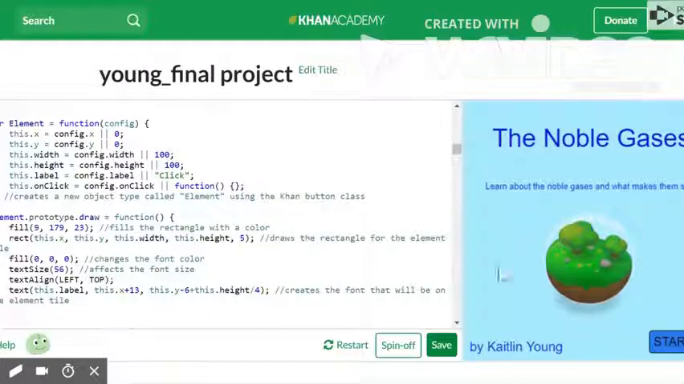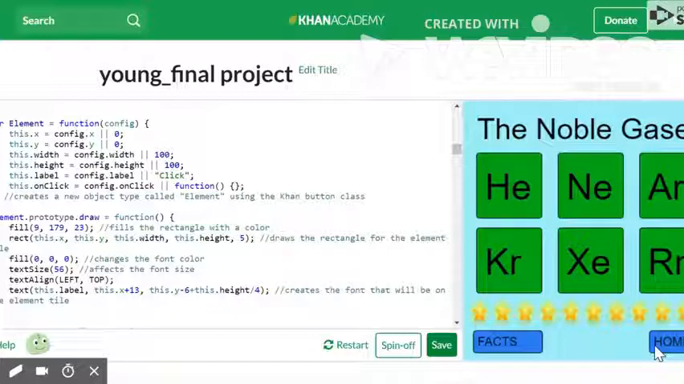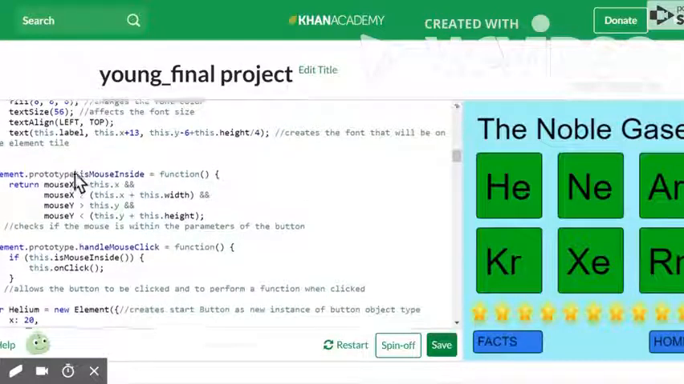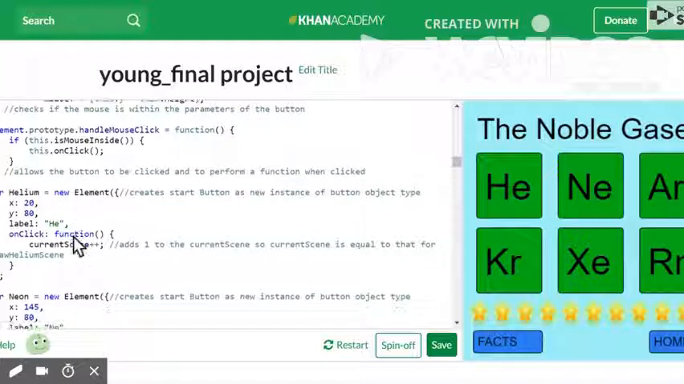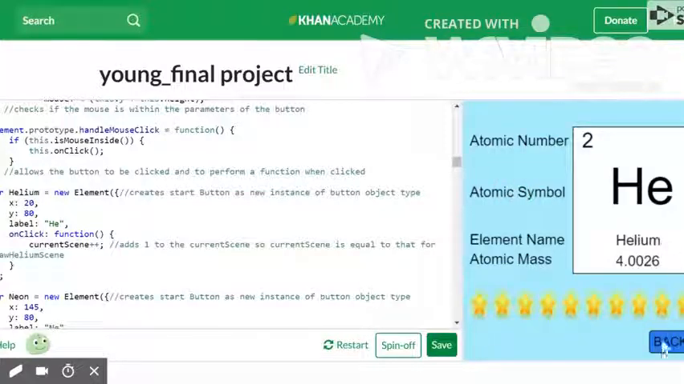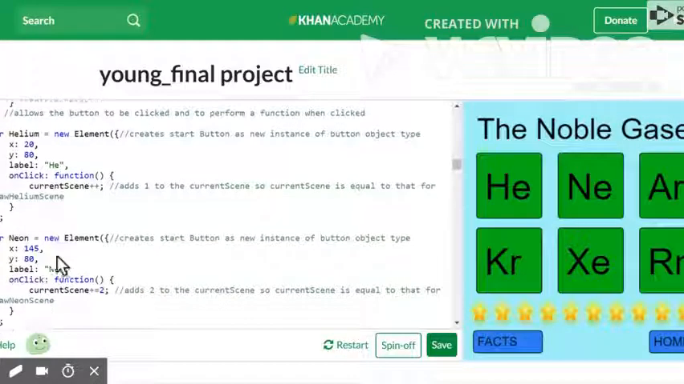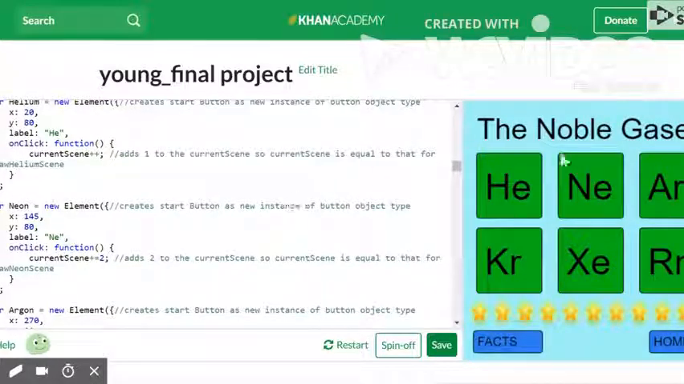For the elements for drawing the mini periodic table, I use the exact same thing as the con button class. We have our prototype, same thing. If the mouse is inside, it's clicked, it completes the function that we will determine. So we have our var helium X, Y, it's going to add 1 to the scene because our helium scene is scene 2, and then neon plus 2 because it's scene 3, continuing on for all